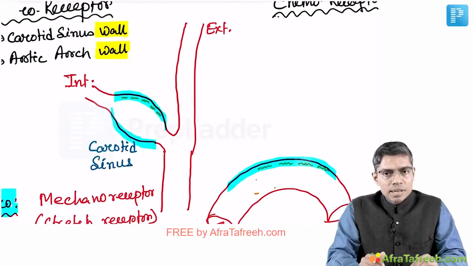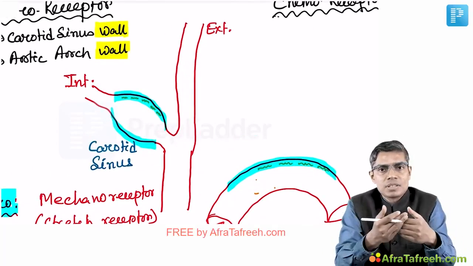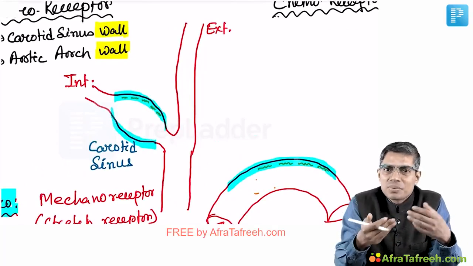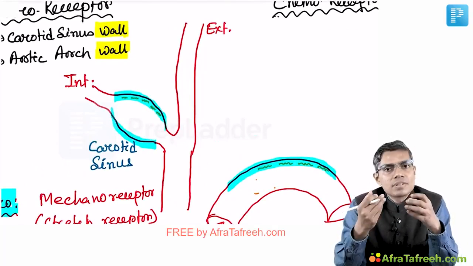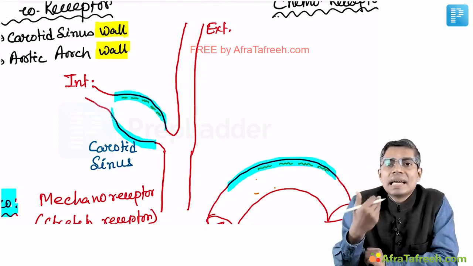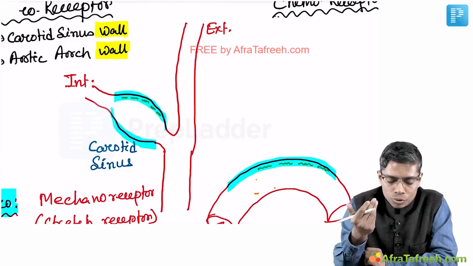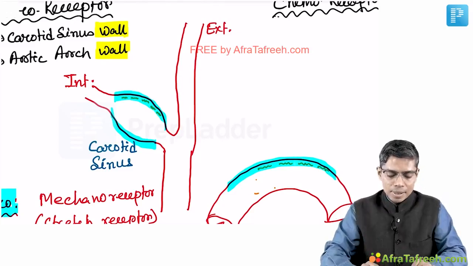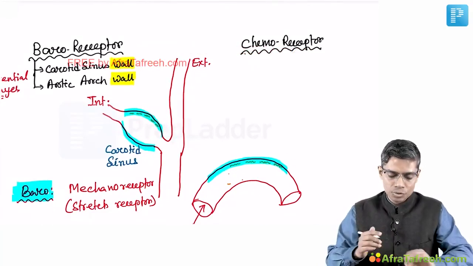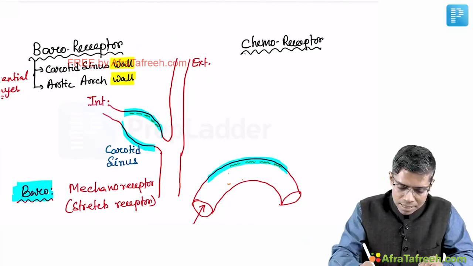Now, if you look at the nature of this receptor, they are mechanoreceptors. But what are they? Are they some kind of cells? The answer is no. Baroreceptors are basically neuronal endings, the end of a neuron. So, which neuron is supplying the level of this carotid sinus? We all know that this area is supplied by the